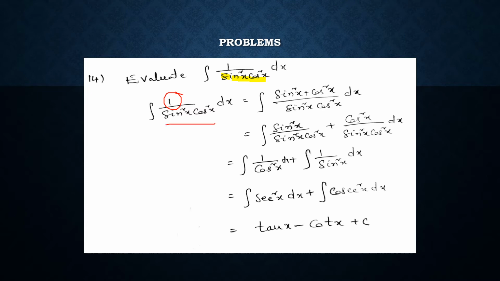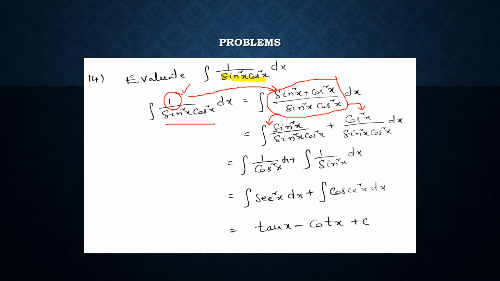In the numerator, we can see 1. So instead of 1, we can write sin square x plus cos square x. We have that identity in trigonometry, that is sin square x plus cos square x is equal to 1. So the integral becomes integral of sin square x plus cos square x by sin square x into cos square x dx. By dividing each term by the denominator sin square x into cos square x, that becomes the integral of sin